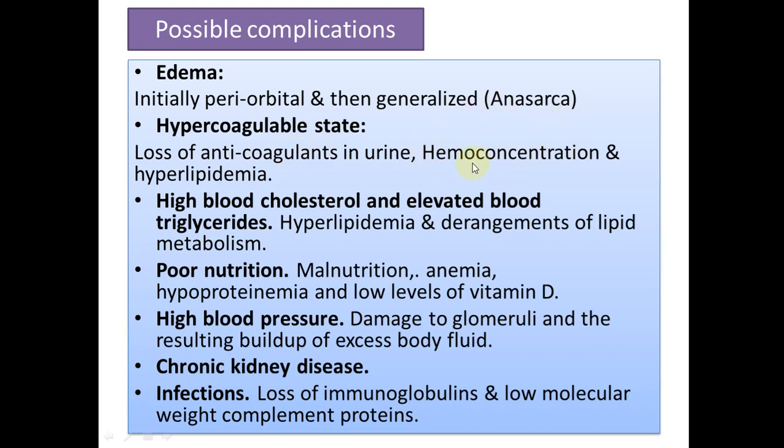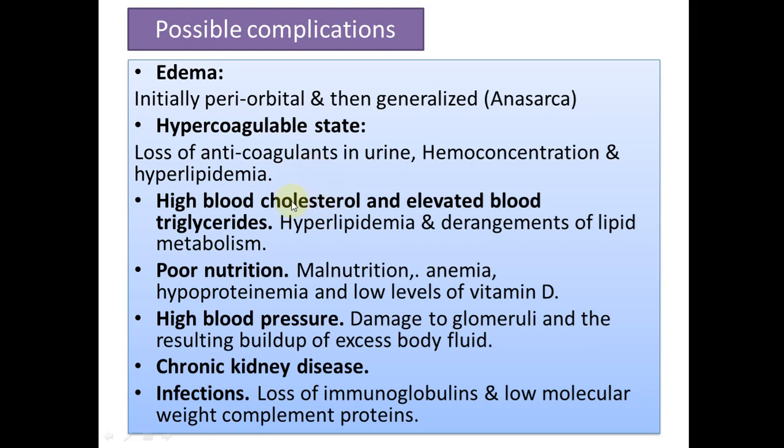Decreased fluid volume leads to hemoconcentration. The blood becomes more concentrated and more susceptible to stasis, which is a prothrombotic situation, and clot formation may occur. And moreover, the presence of excess lipids in the blood not only causes endothelial injury, but also turns the blood into a procoagulant or prothrombotic state.